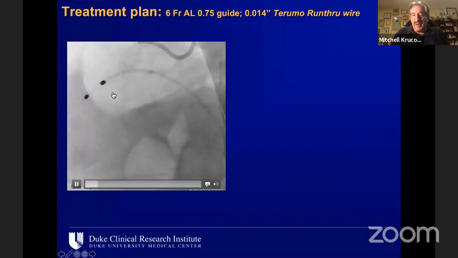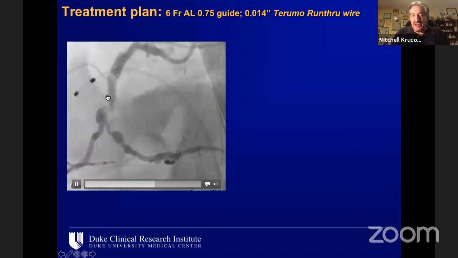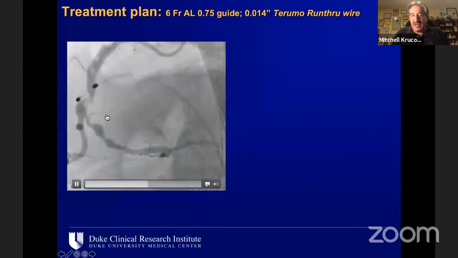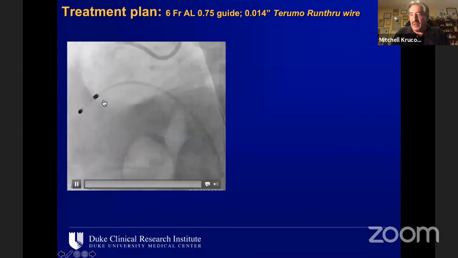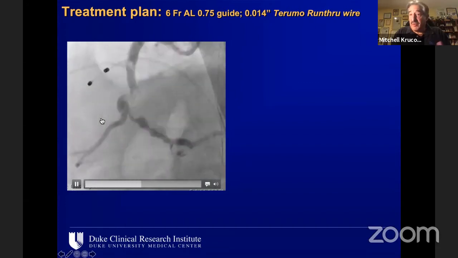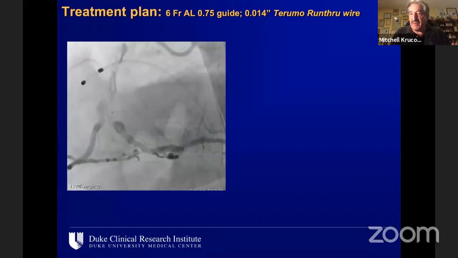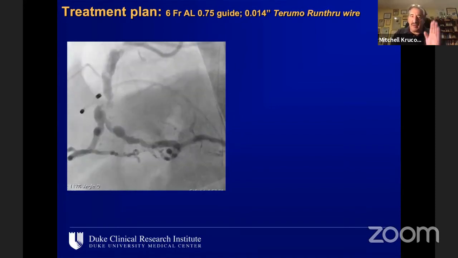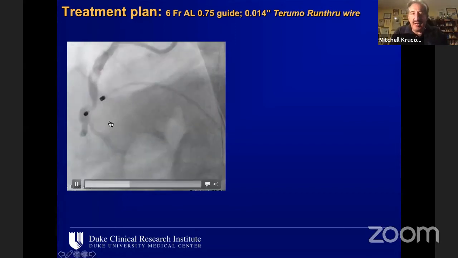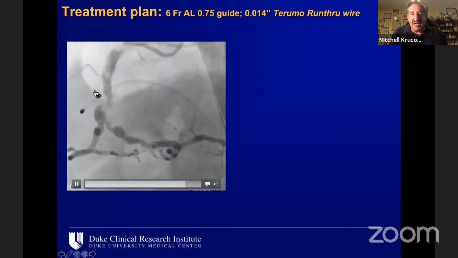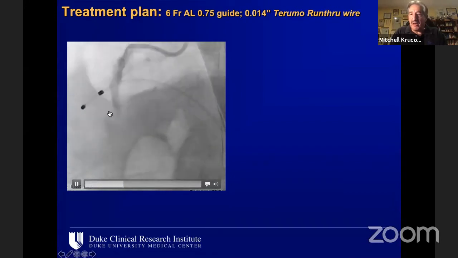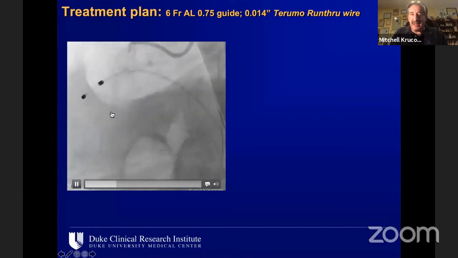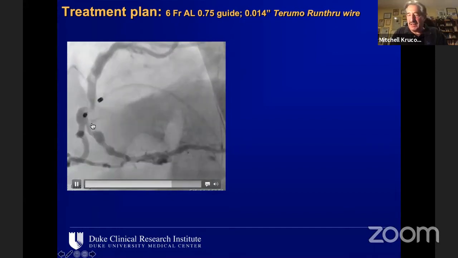But what the orbital allows us to do, as I'll show you, is not just to do atherectomy going forward, but with a wire across and with the shaft of the device across to work from distal, pulling backward, which a rotablator, of course, won't do because there is no cutting surface on the backside of a roto. But with the orbital, by pulling backward, we can ablate tissue much more aggressively in a much more straightened area, because this is not actually a bend in the right coronary at all. This is a pseudo lesion bend. So this is just all plaque, and the track through the plaque is what's bent.